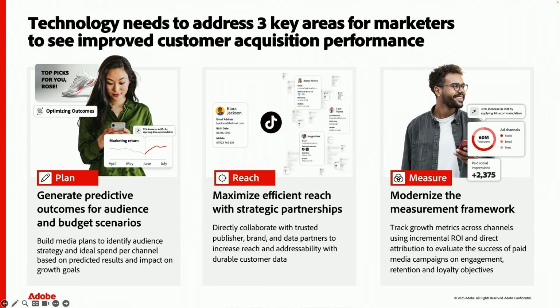And finally, they need this modern measurement framework that really allows them to access those key business metrics across all channels, online and offline, using incremental ROI and direct attribution to really evaluate the success of acquisition campaigns on engagement, but also retention and loyalty objectives. And this data needs to be available during a campaign's life cycle on a regular basis, not something that comes after the fact when it's too late to actually make an impact. And they need it to plan with for the next time so that they can validate the budget asks